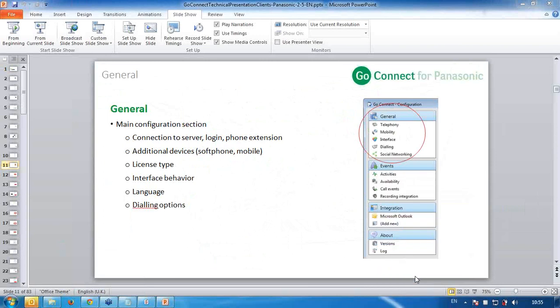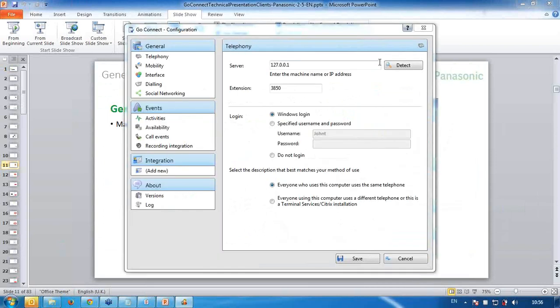So if I go to the configuration options, the telephony screen comes up. And we can see here that the reason why it's erroring is I've used server 127.0.0.1, which is the IP address for the local host, therefore this PC, but the extension is 3850, which is actually my internal extension over here in the office, and that's not configured on my GoConnect server. So if I change it to 201 and click on Save,